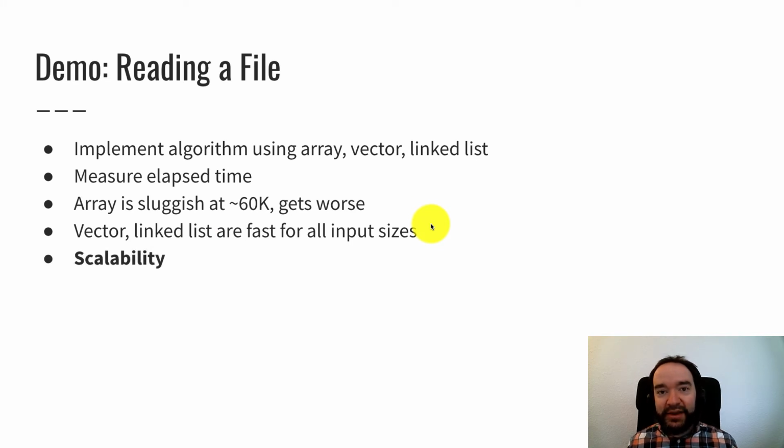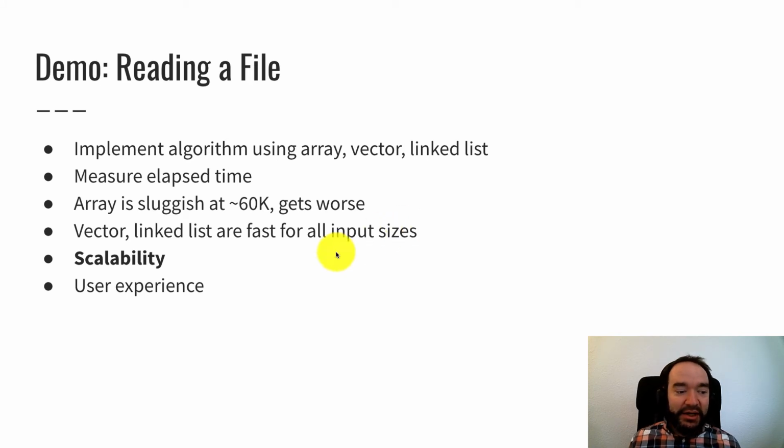This gets at the idea of scalability, that we want our code and algorithms and data structures to scale up to handle larger data sets. That goes into the user experience. This isn't just that we want things to be fast for its own sake, but the end user experience matters here. People are willing to wait maybe a couple seconds. If you tap a button in an app, you expect it to respond in 1 or 2 seconds maybe. So if you tap something and it takes 10 minutes, that's not acceptable. People aren't going to want to use that.